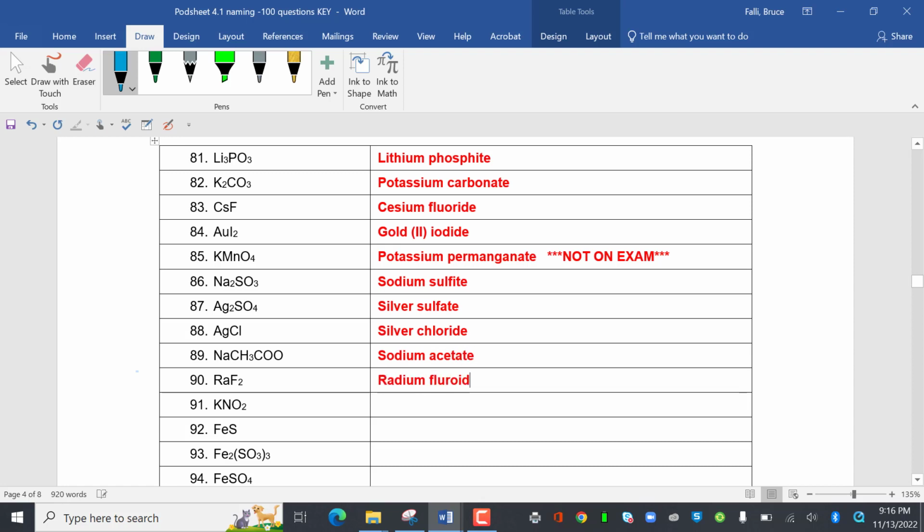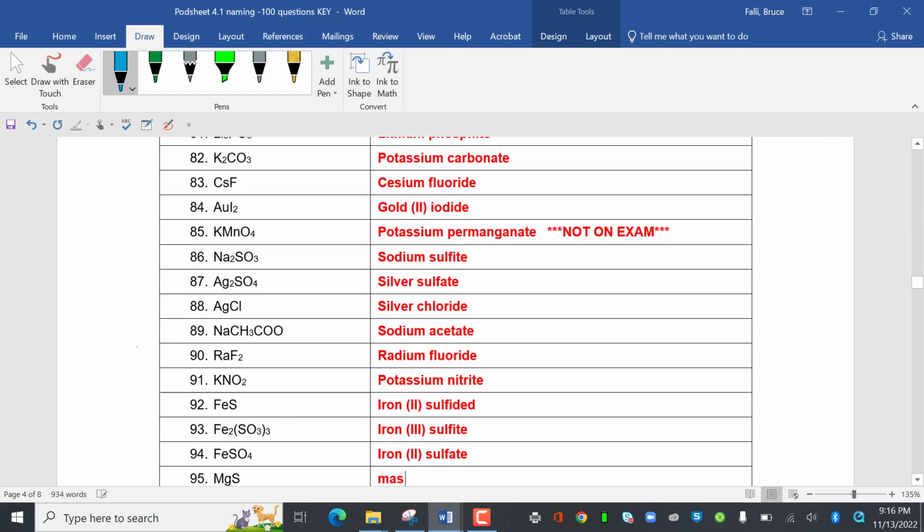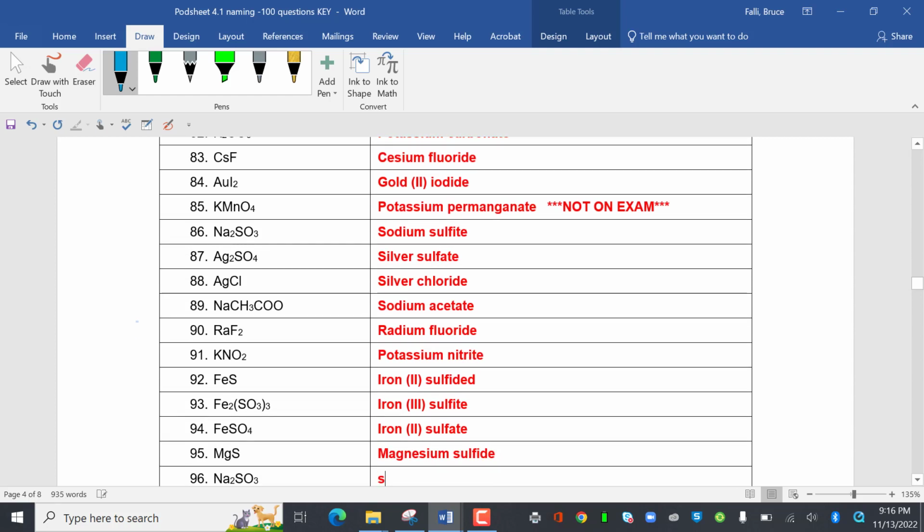Radium fluoride, again not Roman, fluoride, potassium nitrite, iron, well, not irons, 2 sulfide, iron 3 sulfite, iron 2 sulfate, almost there, magnesium sulfide, sodium sulfite,